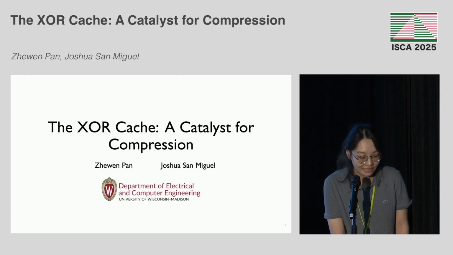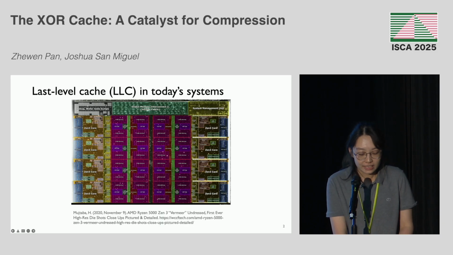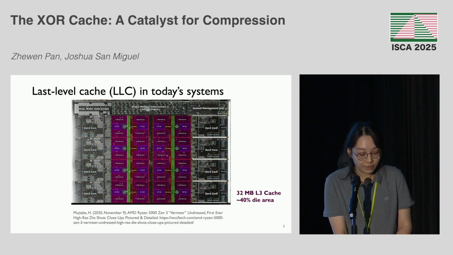Hello, everyone. I'm happy to be here today to talk about our work, the XOR cache, a catalyst for compression. Today's computing systems allocate a significant amount of resources for caching. The last level cache can occupy a substantial portion of the die area. For example, as highlighted in purple, AMD Zen 3 dedicates around 40% of its die area to its 32 megabyte